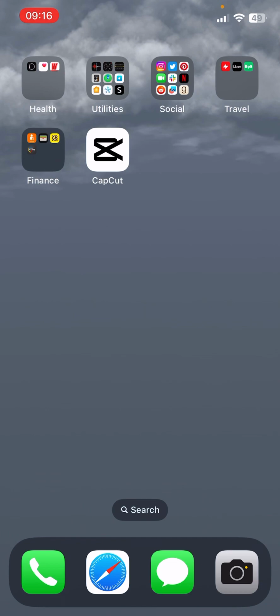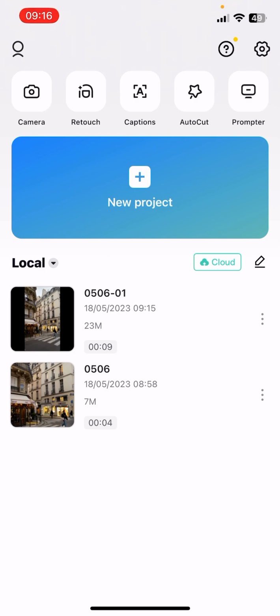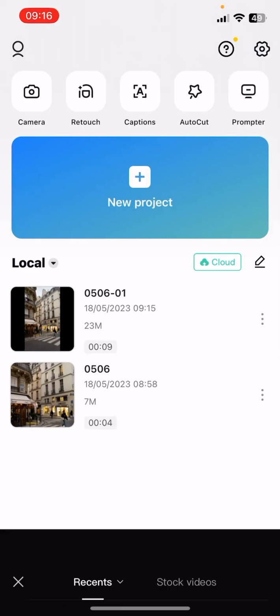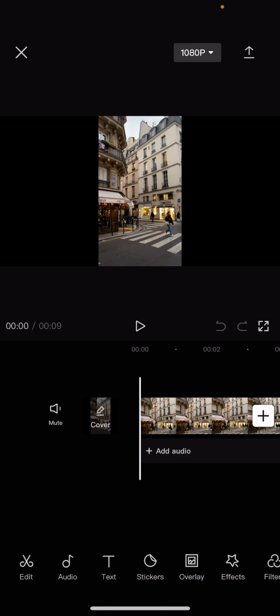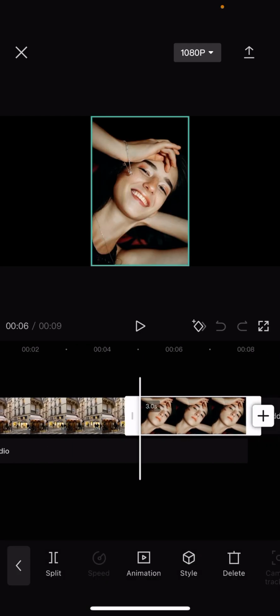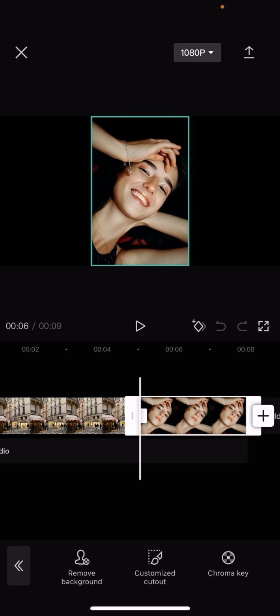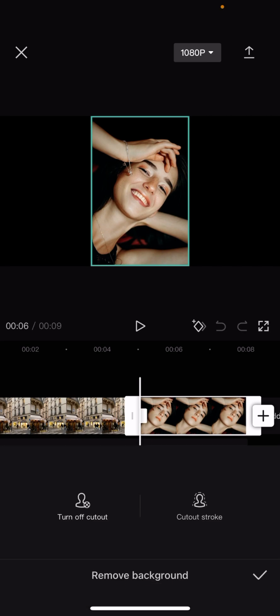So let's jump into it. First, open the app. Now you have to select one of your projects, or you can start a new one if you click on that plus icon. I'm going to use this one, and now you have to select that part of the project that you would like to edit, and at the bottom you have to select the cutout option, and here you can see the remove background option. Click on it, and now you can